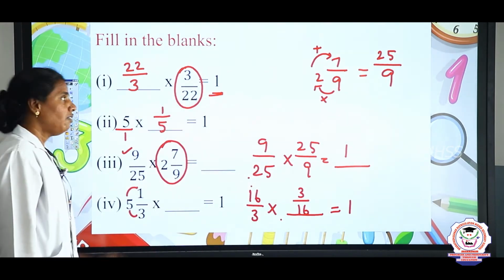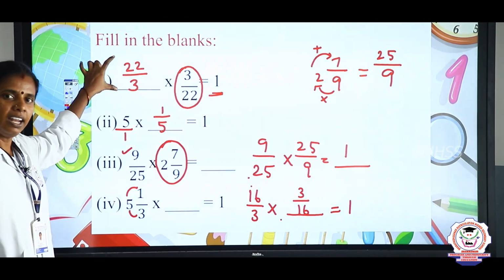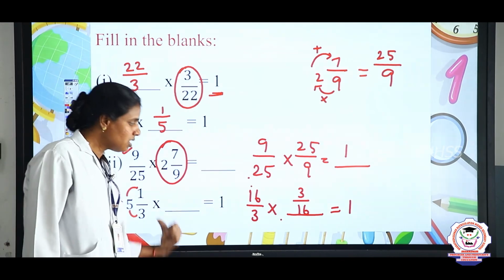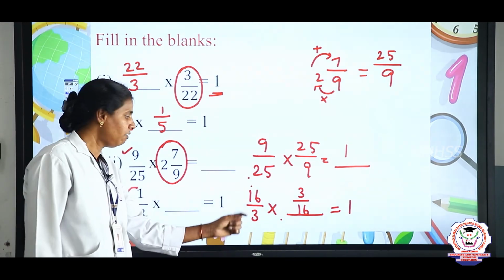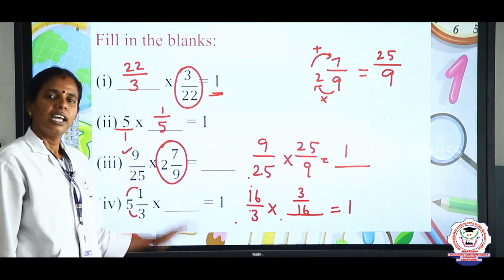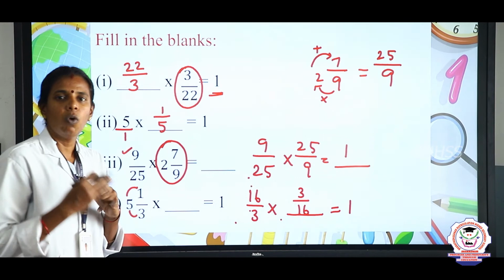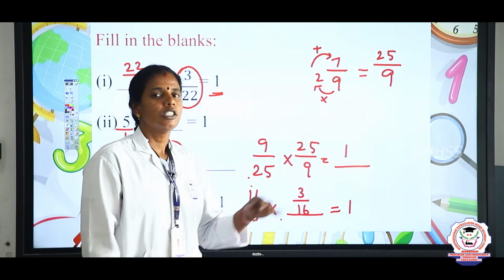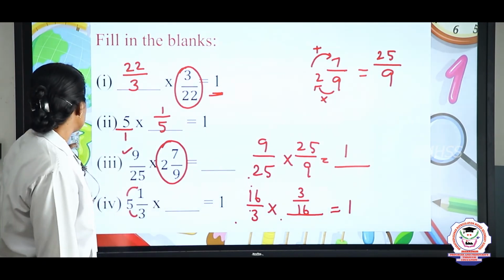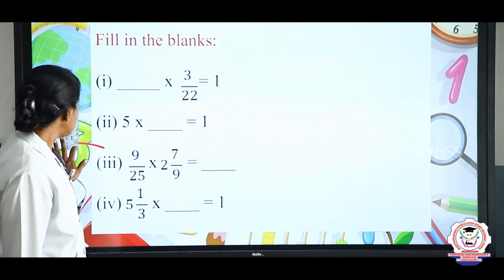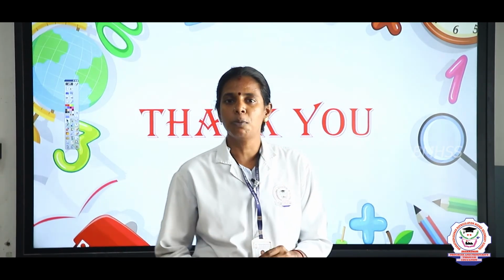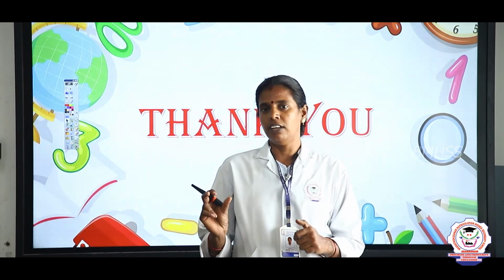Is it clear? If a fraction is given, directly we can write its multiplicative inverse. When it is given as a mixed fraction, first convert it into an improper fraction, then we can write the multiplicative inverse of this improper fraction, children. Is it clear what the reciprocal is? What is the other name of reciprocal? Okay. So this we will use in the division of fractions. So in this exercise we have learnt about the reciprocal of fractions. The other name for the reciprocal of a fraction is multiplicative inverse.